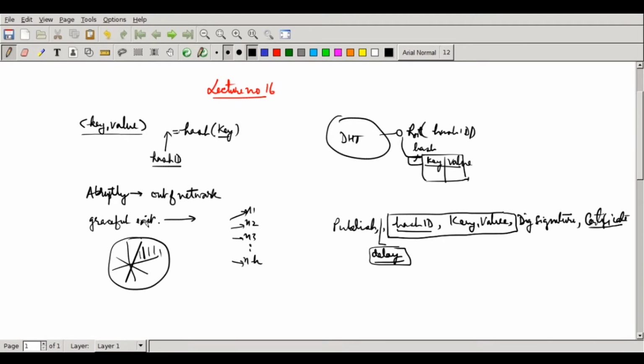He will simply disconnect from the network. As a consequence, he will also tell all his neighbors, or all routing table entries, that he is gracefully exiting, so please purge my entry. As they are purging their entry, they will also further communicate to all the nodes. Whenever a routing table entry changes, a node is supposed to inform all the entries which it contains, so that a triggered update happens, and this entry will be moved out from everybody. So nobody will be maintaining the node ID of the gracefully exiting node.